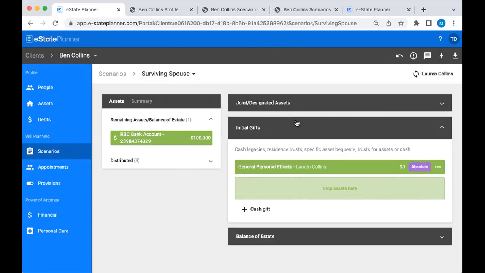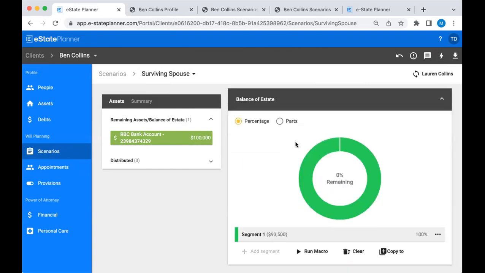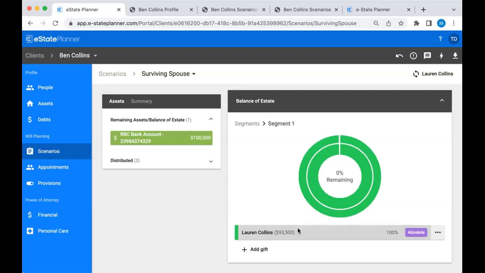We go directly to her. Initial gifts, you've got the general personal effects going to Lauren, because that's going to generate the specific disposition of personal effects clause in the will. So you need to make sure to gift the general personal effects as an initial gift in order to trigger that clause. And then the balance of the estate, we're going to click on the gray bar twice to see